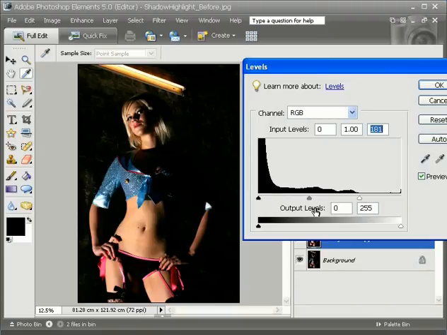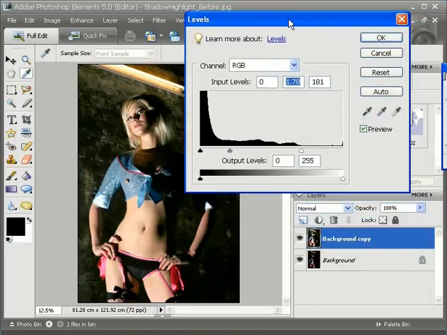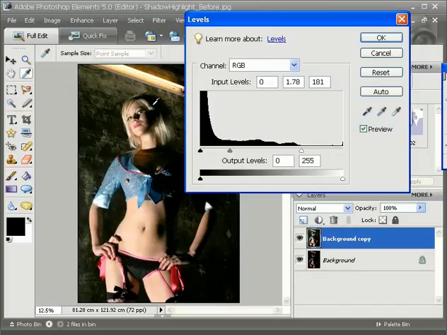but that's still not helping the shadows, and that's the tricky bit. We could try and drag this midtone slider more towards the shadows, like so, and that is showing the detail in the shadows, but it's bleaching out the highlights here. So that's why levels is not as effective in this case. If I turn the preview off, you can see that she is kind of washed out a little bit now and beginning to possibly clip certain parts of her,